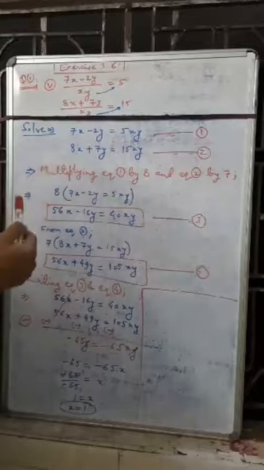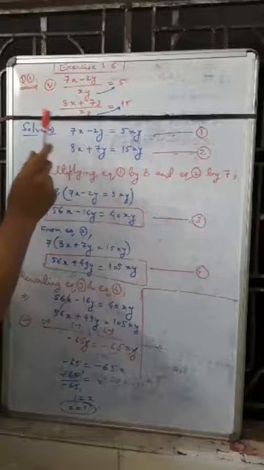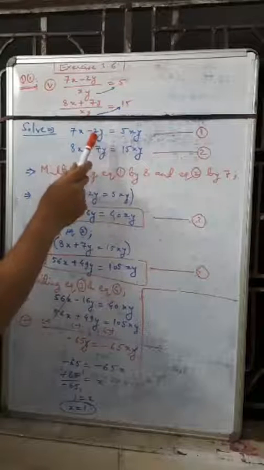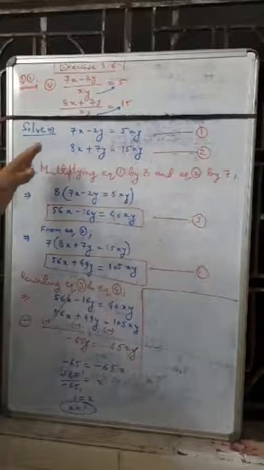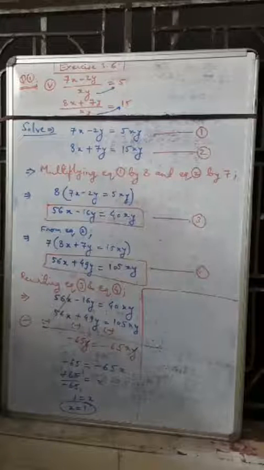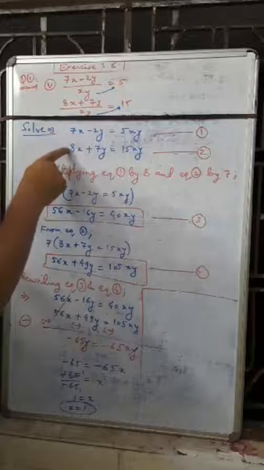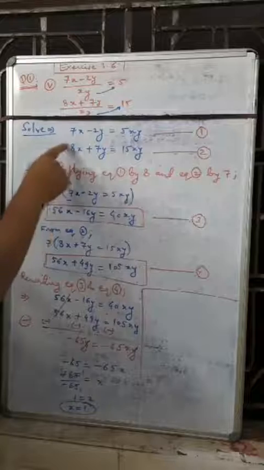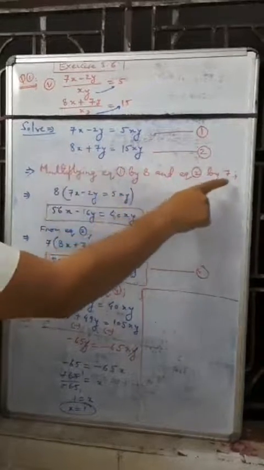Now we have another problem because we do not have either the coefficient of x the same or the coefficient of y the same in both equations. So we can make either the coefficient of y the same or the coefficient of x the same here. For making it the same, we are multiplying by 8 because we have 8 here. So 8 times 7 is 56. So 7 times 8 is 56. So we will multiply equation number 1 by 8 or equation 2 by 7.